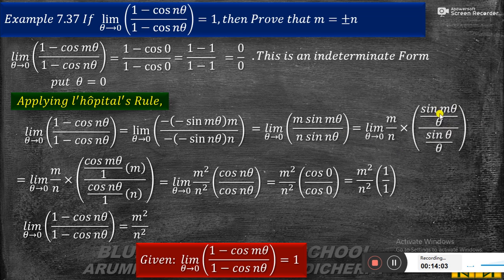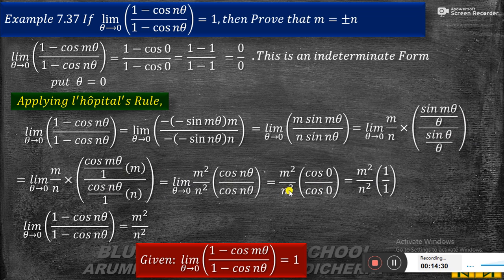So I write it: sin m theta by theta, sin n theta by theta. This answer is m square, that means m. Sin m theta by theta is m, sin n theta by theta is n. Its value is m, and sin n theta by theta value is n. So the answer is, that means here